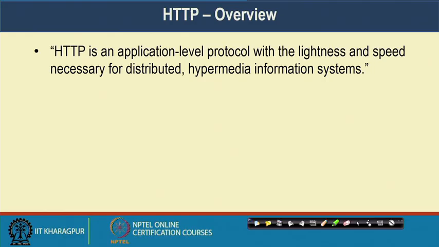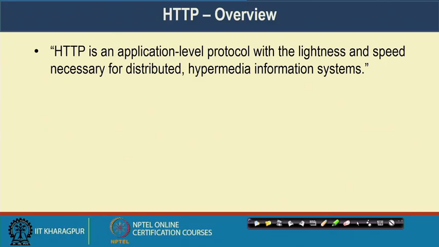First of all, the characteristic is that it is distributed. Heterogeneous systems are storing the data, and there is a constraint on the bandwidth or the backbone bandwidth. So, in order to address that, what it requires is lightness, and for that the speed necessary for distributed